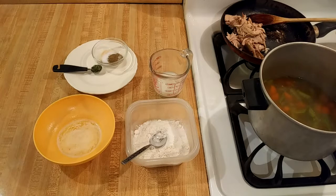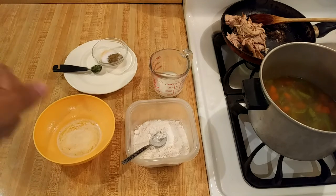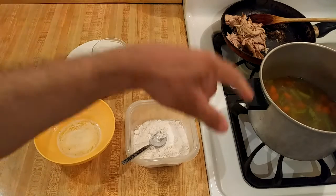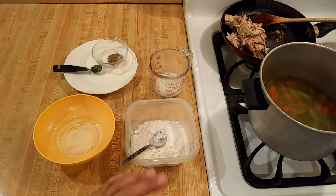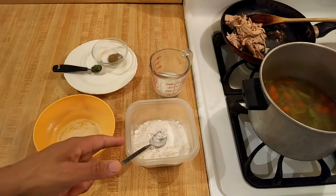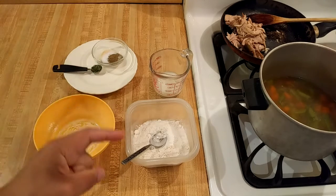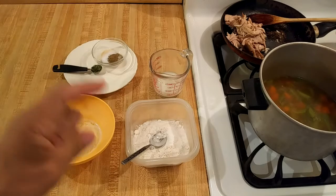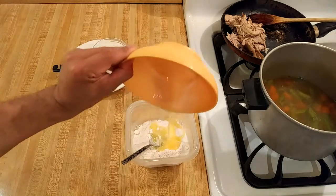But what I've seen and what I like to do is easier, I think. It's basically a batter that I will drop into the broth, and there's no rolling out, nothing like that. Here I have, if you have self-rising flour, use half a cup of self-rising flour. If not, then do what I do: half a cup of all-purpose flour, 3/4 of a teaspoon of baking powder, and a 1/4 teaspoon of salt. To that, I'm going to add 2 tablespoons of melted butter,